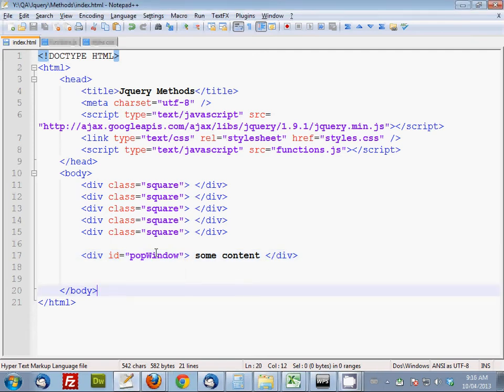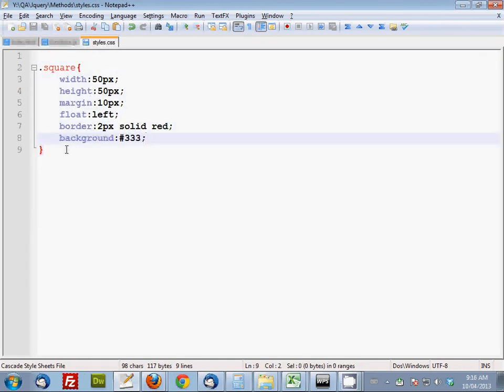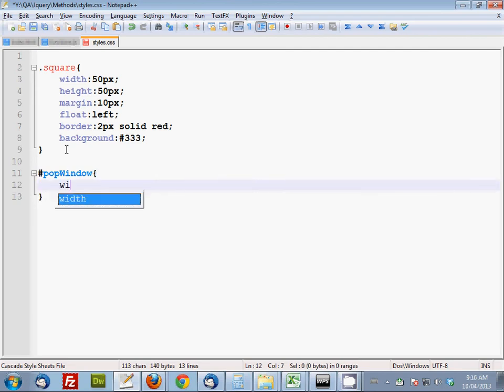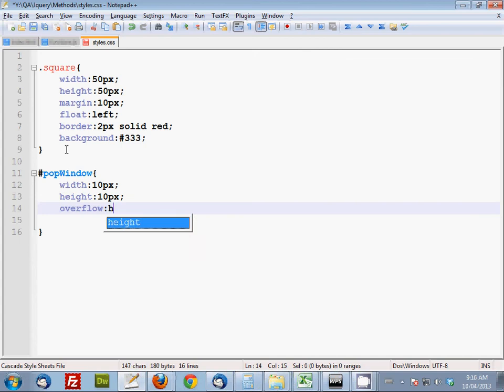I'm going to give some styling to the pop-up window. So let's say that this one is of width 10 pixels, height 10 pixels, overflow hidden, position absolute,